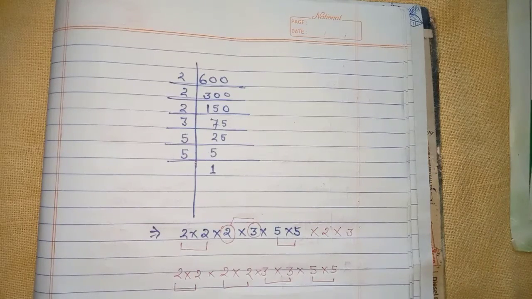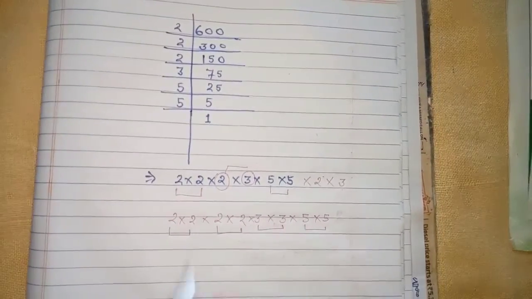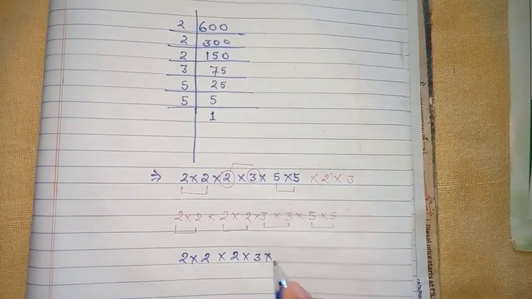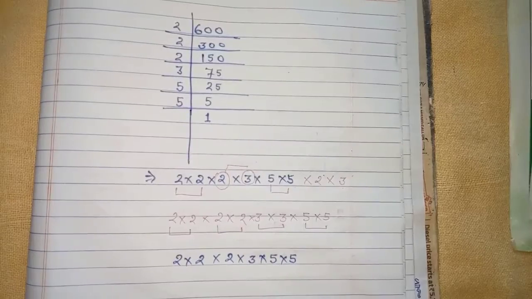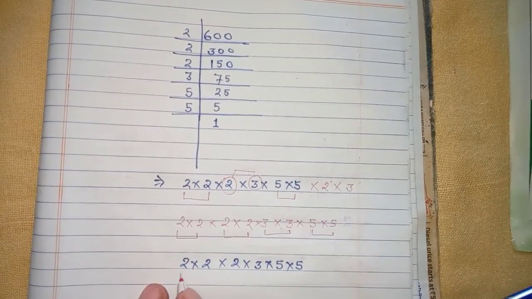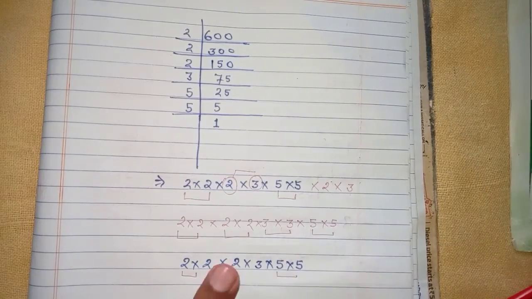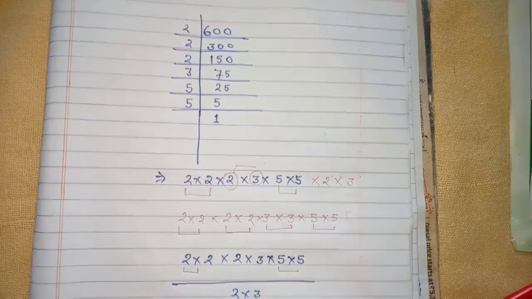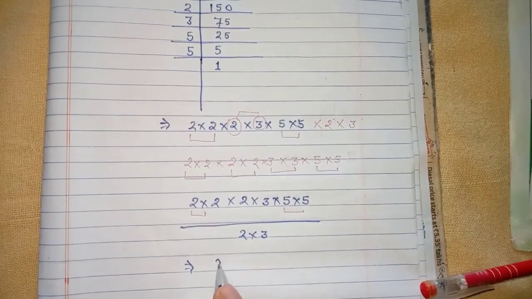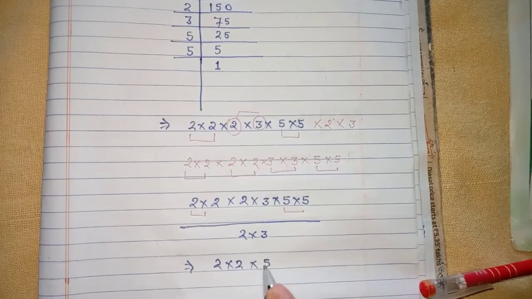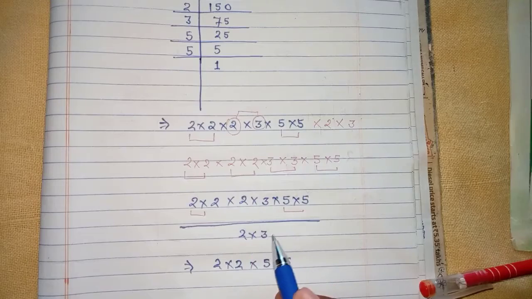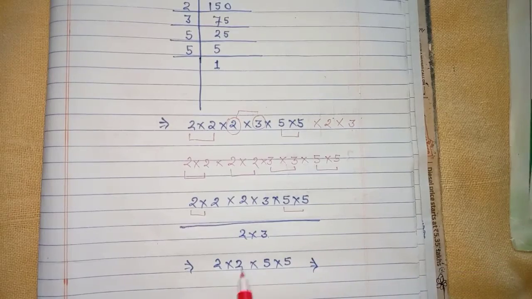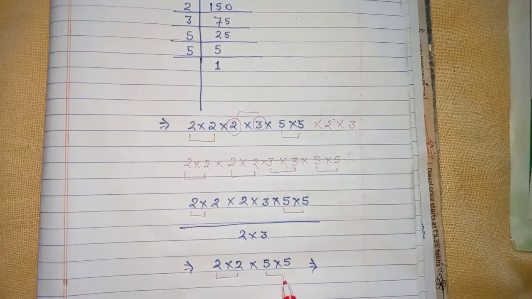What if we need to divide to make a number square number? We were given this number 2 into 2 into 2 into 3 into 5 into 5. And if you divide this number by unpaired numbers, here 2 and 3 are unpaired, divide this by unpaired numbers. We have now 2 into 2 into 5 into 5. This 2 can cancel this 2, this 3 can cancel this 3. Now we have a number which is complete square number because it has pairs only. No number is left unpaired.